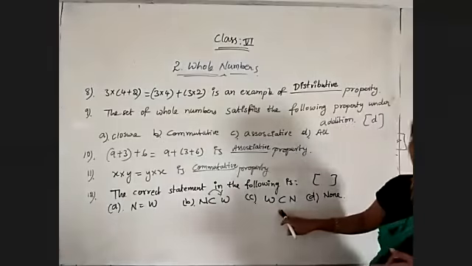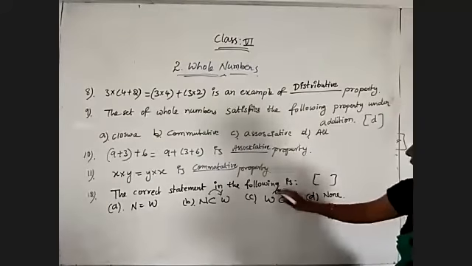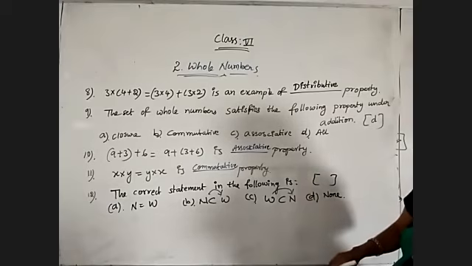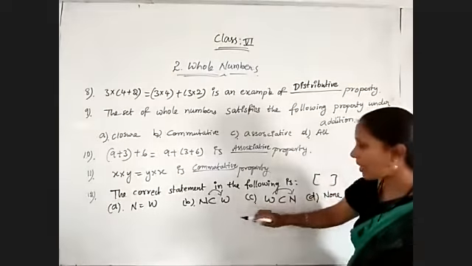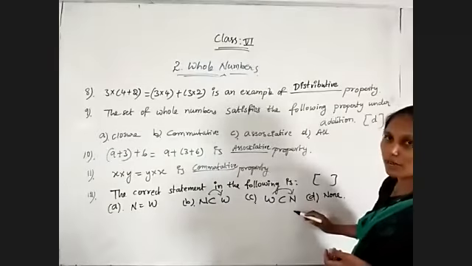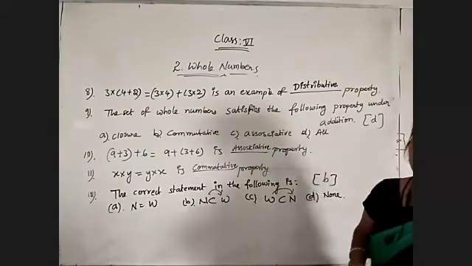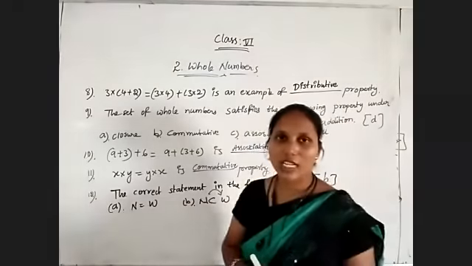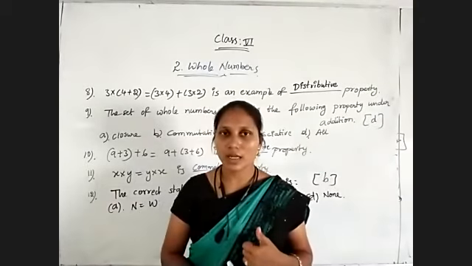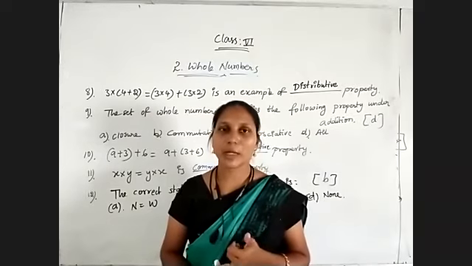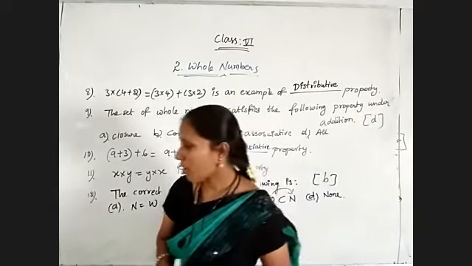And coming to C, whole numbers are a subset of natural numbers, meaning every whole number is there in the natural numbers. Is that true? No. Every natural number is a whole number, but every whole number is not a natural number. So option B is correct. Remember, the questions here are not difficult. Completely depending on the properties they will form the bits, and depending on the definition of whole numbers. That's all. Okay. Now coming to the next.